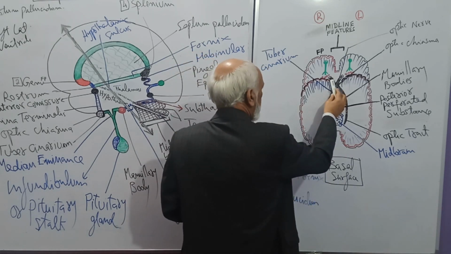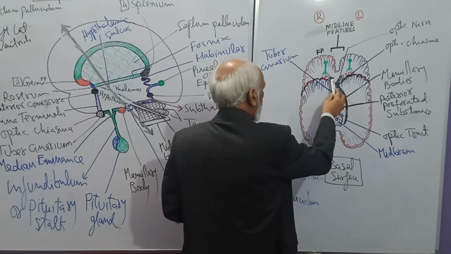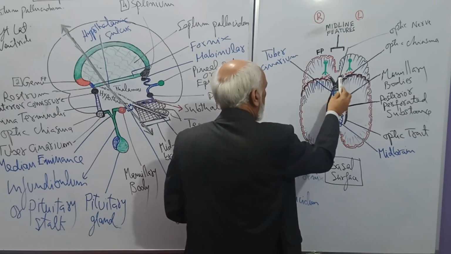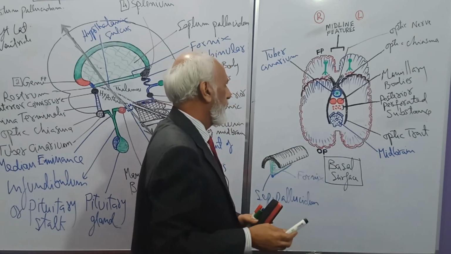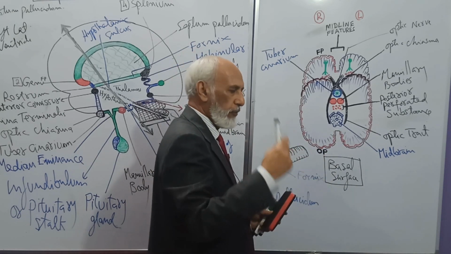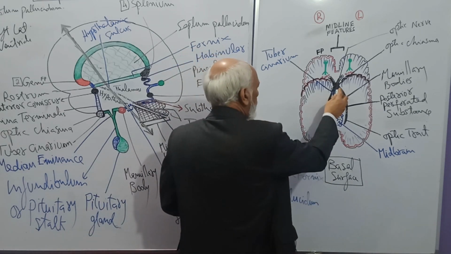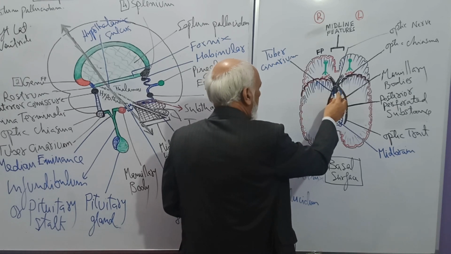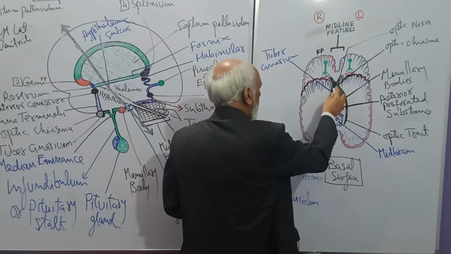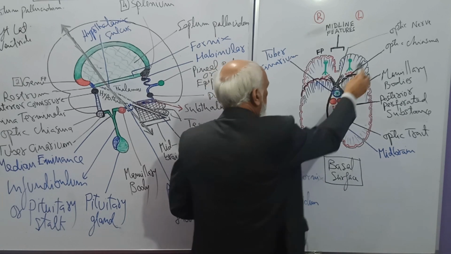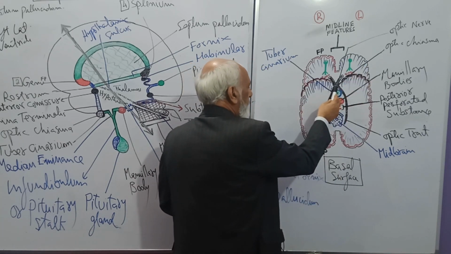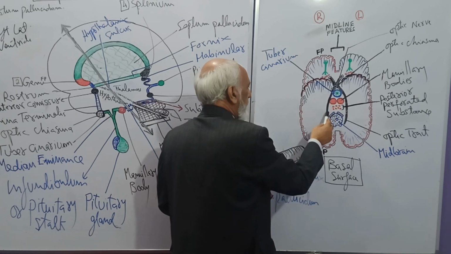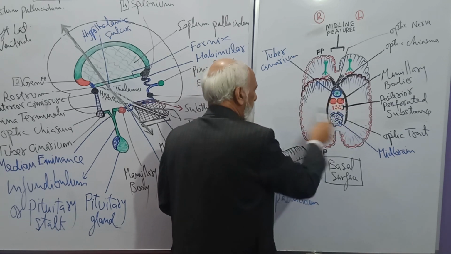Number one, you can see on each side the remnants of the right and left optic nerves. The eyeballs are left in the orbit when you remove the brain from the cranial cavity. So in the midline, there is partial decussation of the right and left optic nerves. So this is the optic chiasma. And the optic chiasma posterolaterally continues as the right optic tract and left optic tract.